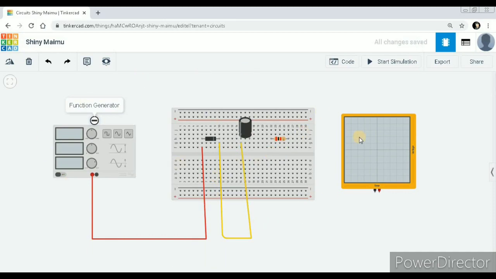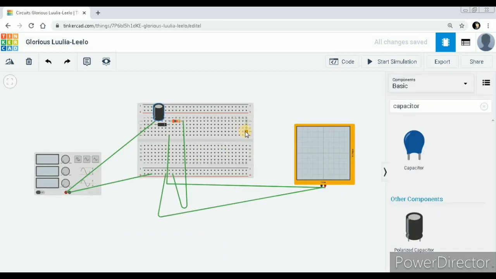Now your circuit is ready with all the connections, and the final step all you need is to start the simulation to view your outputs. So here you have an icon, start simulation. You click on the start simulation, and you will see the output in a CRO as you are doing in the laboratory. See, this is your half wave rectifier output you could see in your oscilloscope, and you can stop the simulation at any time by clicking on the same icon. So that will become stop simulation.